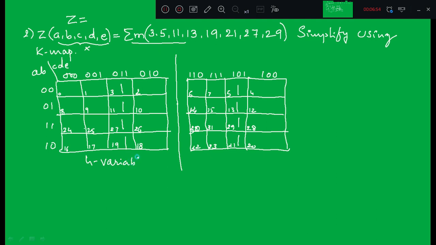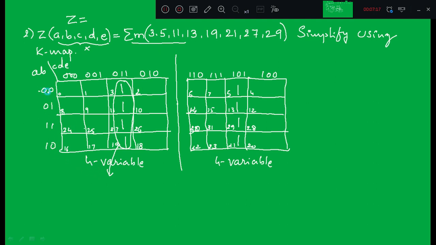K-map, and this is second 4 variable K-map. We are going to group these ones like a 4 variable K-map, right? So all these 4 ones are grouped because they are logically as well as physically adjacent, right? So I can put those 4 ones in one group, right? Since you are grouping 4 ones, you are going to eliminate only 2 variables, which are those 2 variables